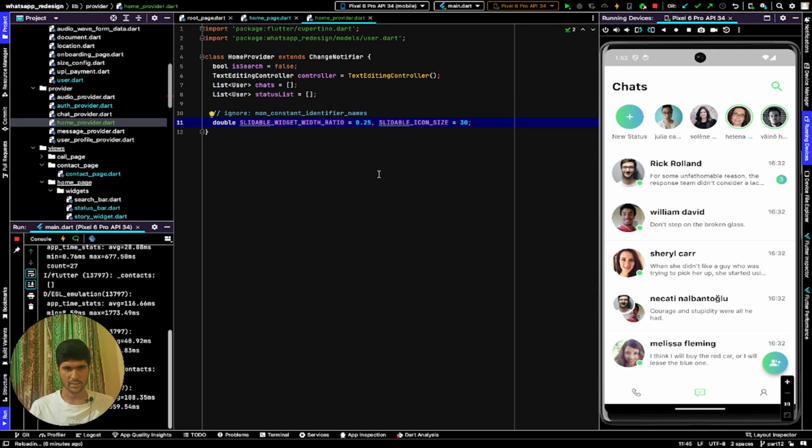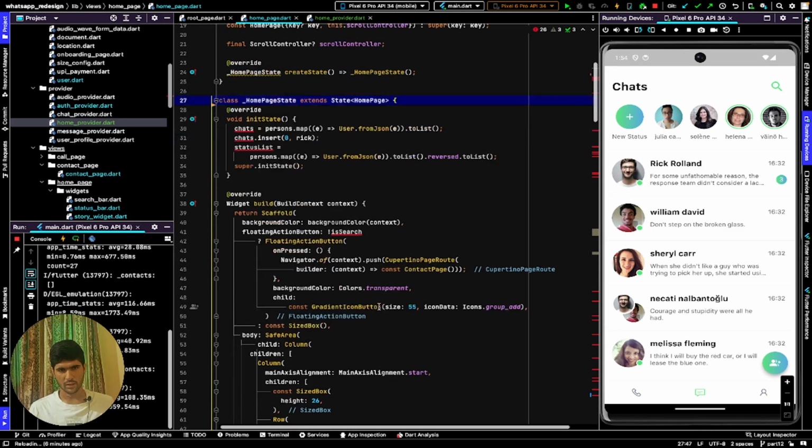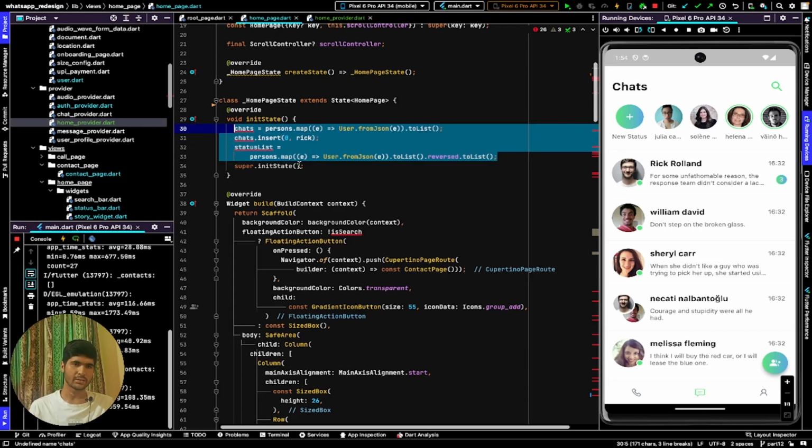Perfect, makes sense, right? Now inside the home page we have tons of errors here that we are going to see. First things first, what we are going to do is that inside the init state,